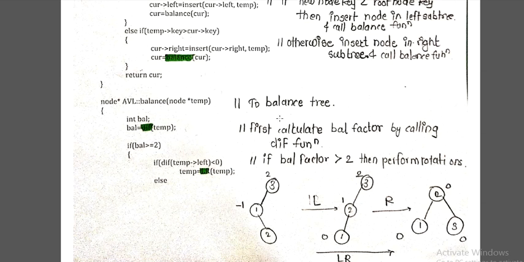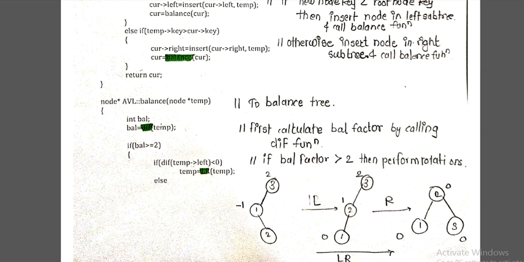So here we are calculating the balance factor of the tree. For that we have to calculate the difference first, right? So here we are calling difference as our next function call. By calling difference, we get some balance factor like -1, 2, 2. An AVL tree has a balance factor of either -1, 0 or 1. If it is below -1, then the tree is not balanced. If it is greater than 1, that is from 2 onwards, then it is also not balanced. So only 3 values can be held by an AVL tree, that is -1, 0 and +1.